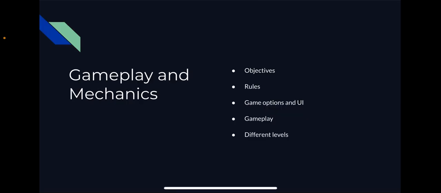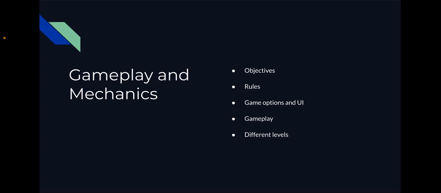So we're going to talk about the gameplay and the mechanics. The objective or the main goal of the game is to unlock all the times in history that the game provides. There are, of course, sub-goals, which are to finish each objective provided in each era in the game. Hopefully, by playing this game, users will learn lots of valuable information about each time period. The game will be based on real facts and people, so there will be lots of things they will be able to take away from the game that will help them learn about the history of the world. It's going to be new and different for users because it provides a unique platform to provide facts about the history of the world.